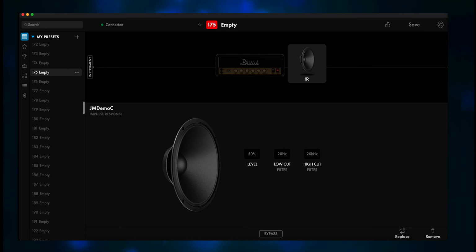Third-party IRs all have their levels set at 50%, low-cut filters at 20 Hz, and the high-cut filters at 20 kHz. However, I've noticed that third-party IRs tend to be much louder than Fender's cabs, and some are louder than others. So keep that in mind when you load a third-party IR into one of your presets. Your preset might turn out to be much louder than you expect it to be. Be sure to test any presets that use an IR and make any necessary adjustments to get it balanced with your other presets. Now I'll save this preset,